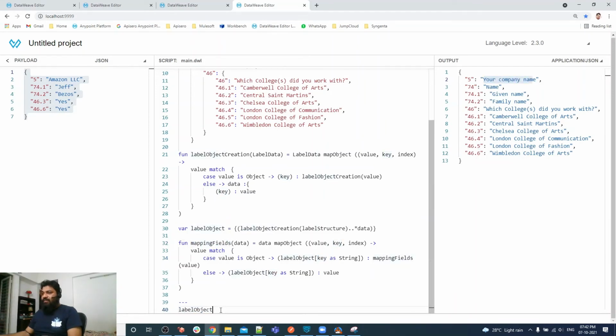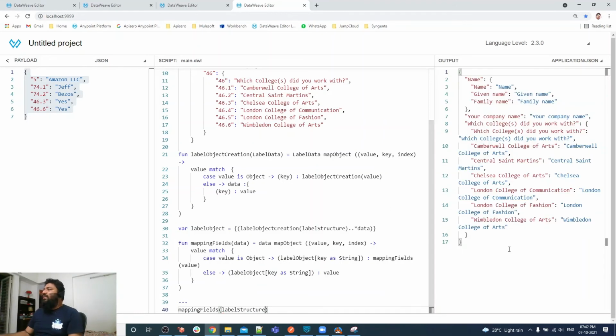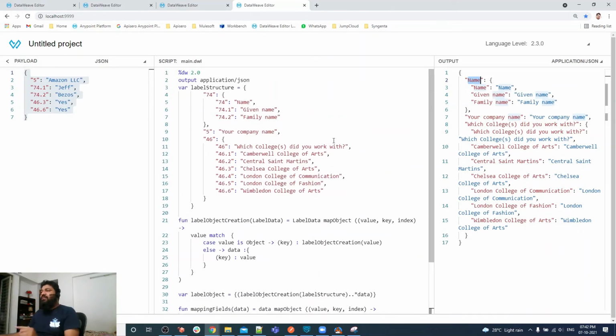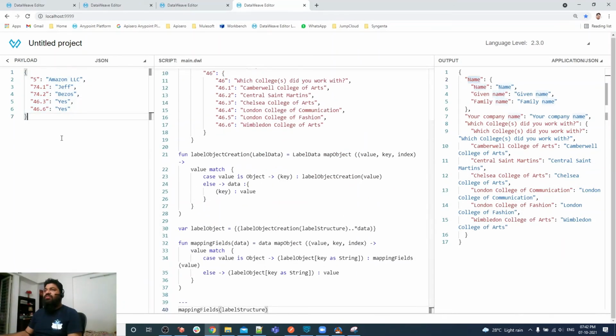So that's what this function is doing. Let me do the function calling, Control Y, label structure. So as of now we have replaced all the label numbers with the label names. This time we are going to replace the label value. How? Very simple. This is also an object, right?